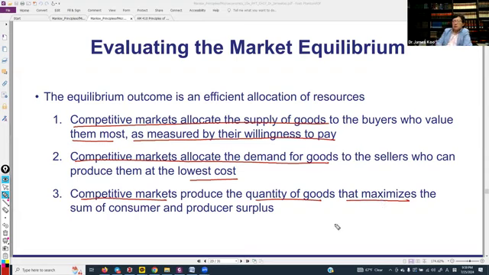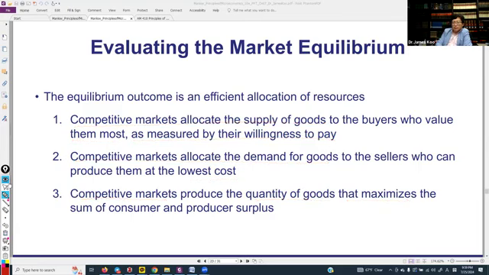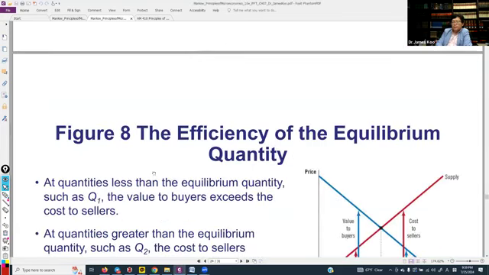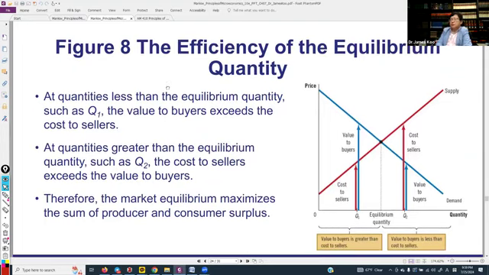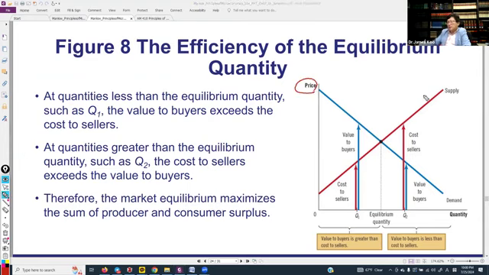This is the market efficiency of the equilibrium quantity. In this graph, we have price and quantity. This curve is the supply curve. This one is the demand curve. And this one is the equilibrium quantity